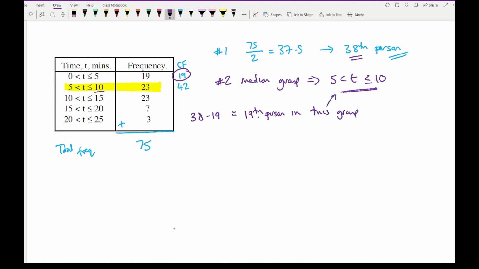Using the formula then, I do the class width, which in this case is 5, divided by 23, which is the frequency, and I'm going to multiply that by 19, and then I'm going to add that to the lower bound, which is 5. So here I've got 5 divided by 23, which is 0.217, multiply that answer by 19, which gives me 4.13, and I'm going to add that to 5, and that gives me an answer of